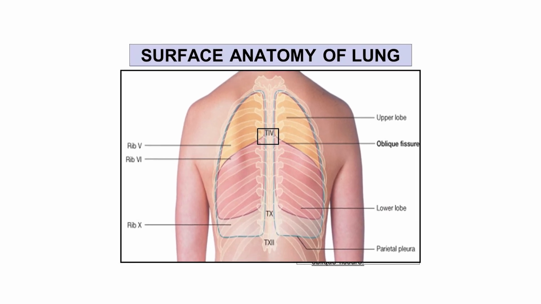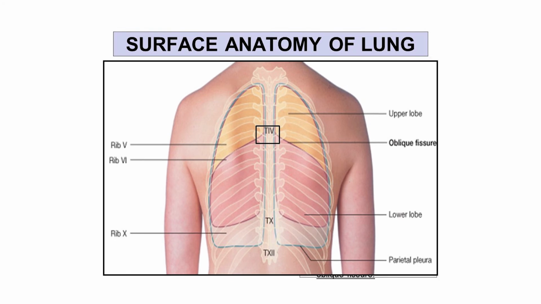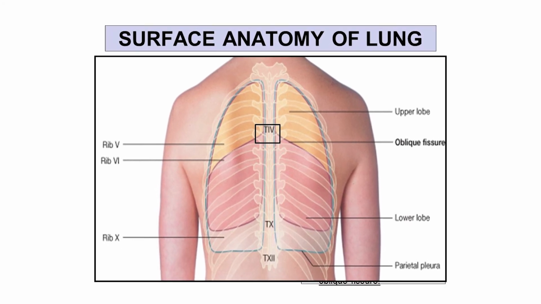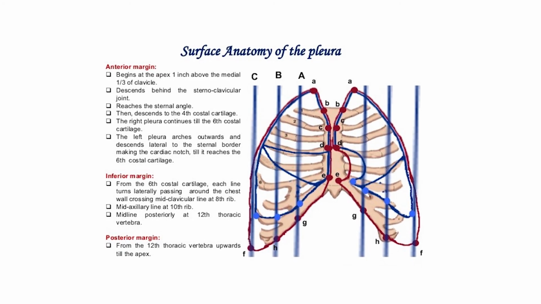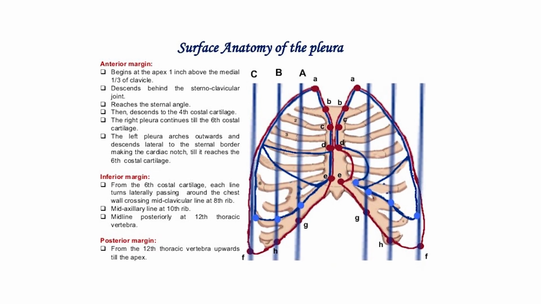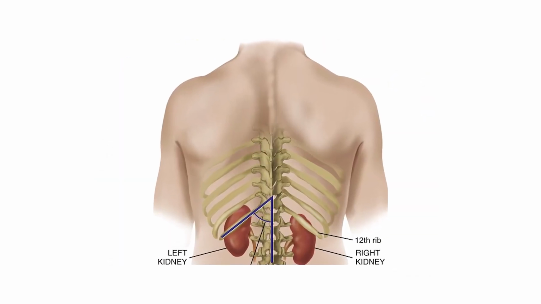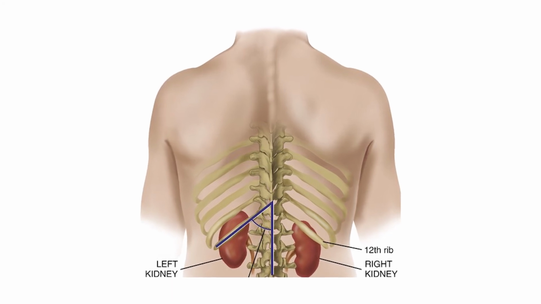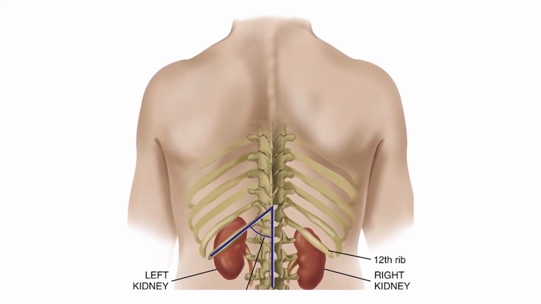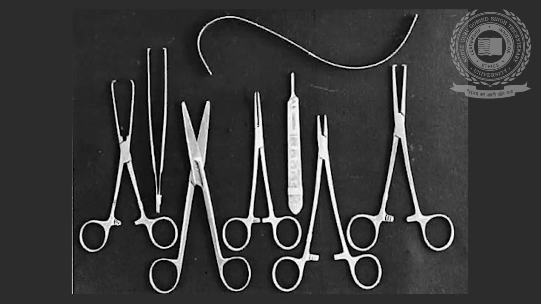Thus, the parietal pleura descends below the costal margin at 3 places: at the right xiphocostal angle, and at the right and left costovertebral angles, below the 12th rib behind the upper pole of the kidney. The latter fact is of surgical importance in exposure of the kidney, because the pleura may be damaged at this site.